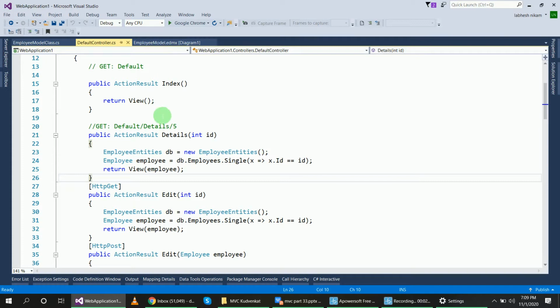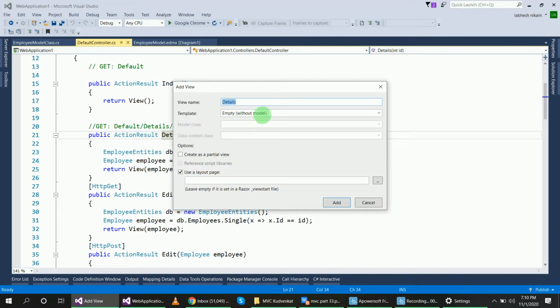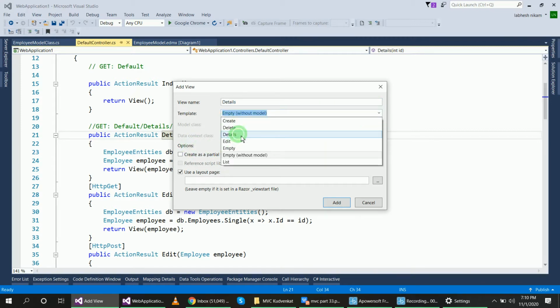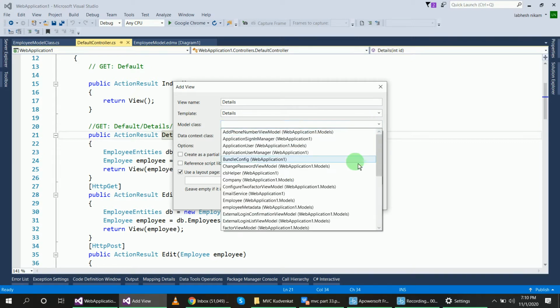Now we will create another view for this details view. Right click and add view. This add view will use the details template and model class, the web application 1 and default controller.